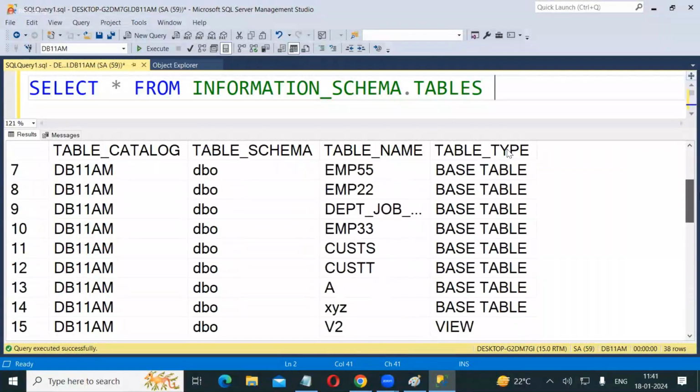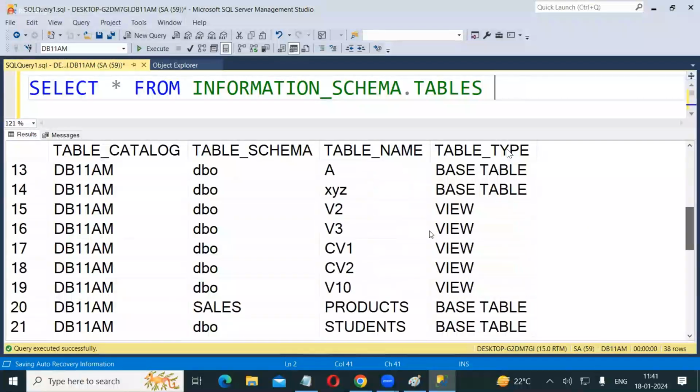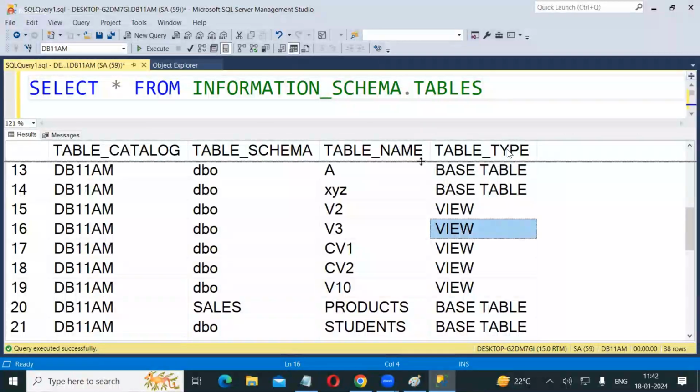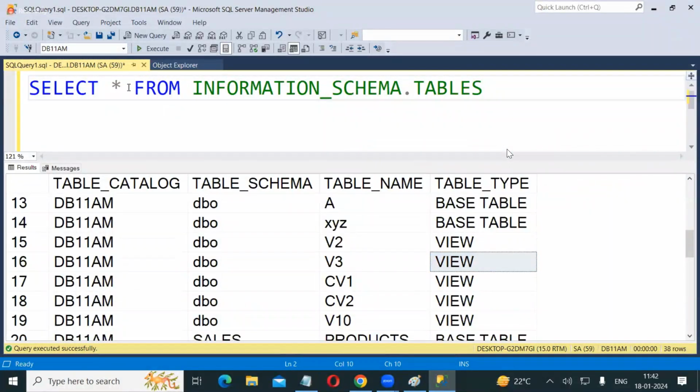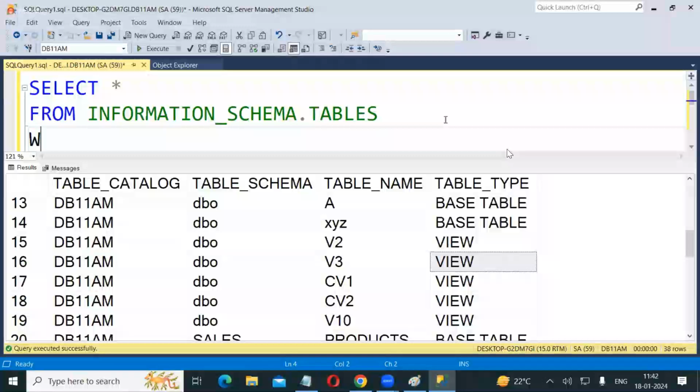Okay, it is giving the list of tables, and it is also giving the views: V2, V3, CV1, CV2, V10. It is also giving the views, but I don't want views. I want only the tables. For a table, it says base table. For a view, it says view. Then if you want only the tables, then where